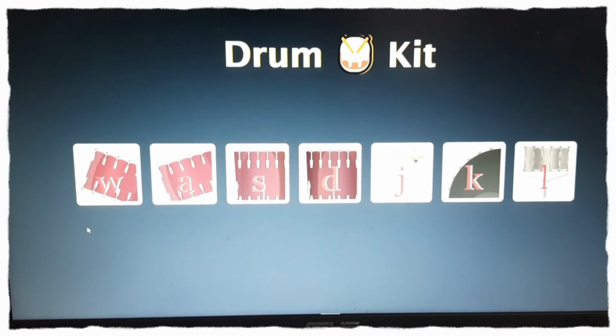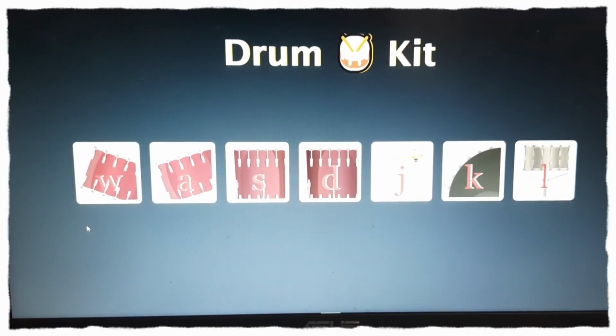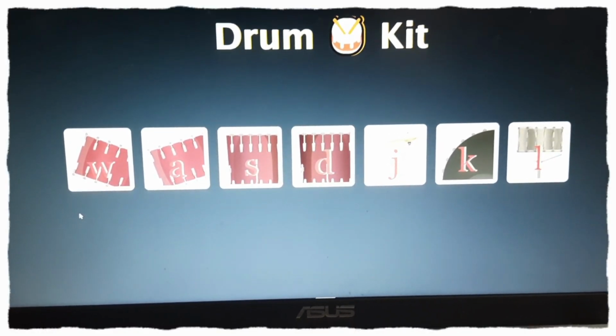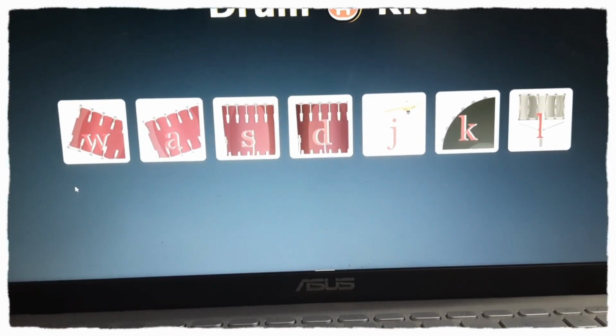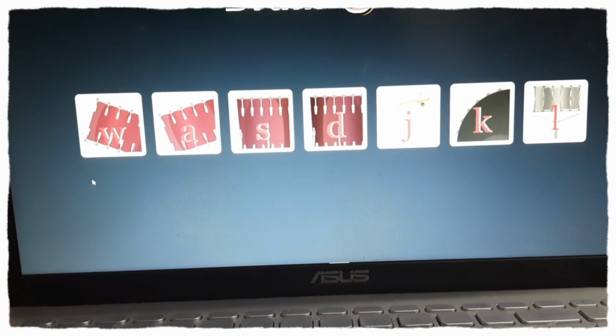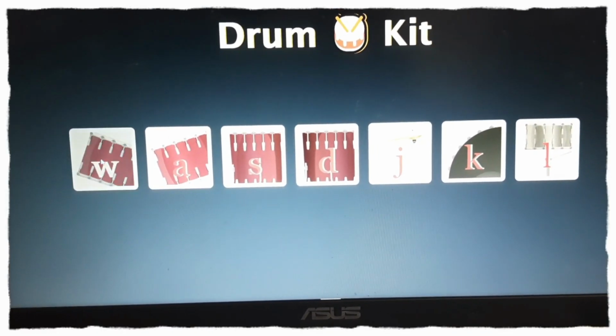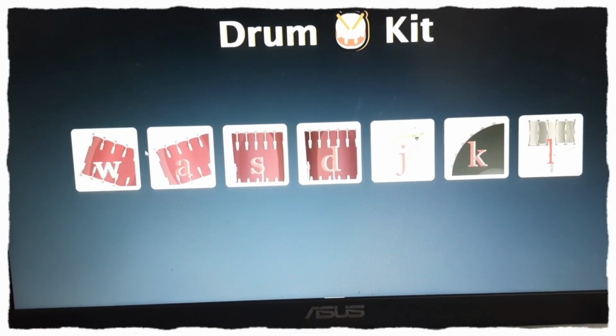I have named this project the drum kit. I have added some random alphabets. These alphabets don't mean anything. When you click on an alphabet, it will produce some of the instrumental sounds which I have added. Something like when I click on W, it produces this sound, and A, this sound.